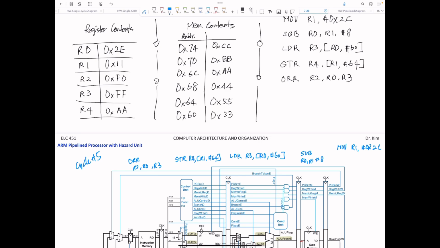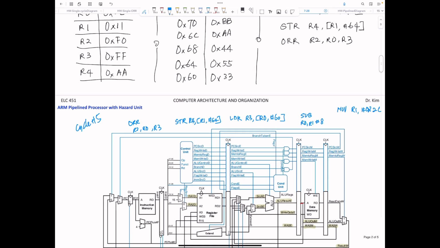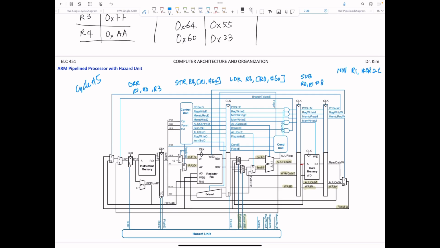Now we need to find the proper values for those highlighted places. Typically, it is a good idea to work backward. So you need to work on the move first, because the move instruction is in the last stage. Let's take a look at them. So move